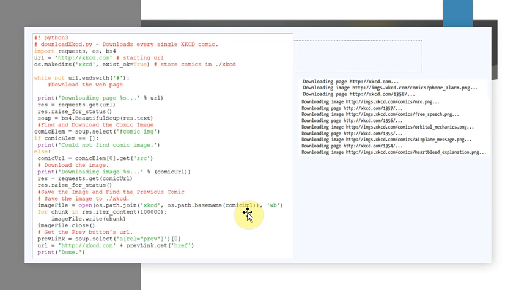Here, instead of clicking on the previous button, in the code you search for the URL. This process is repeated until you encounter the hash symbol in the URL, and then you terminate the downloading. That is what we had seen in the previous session.